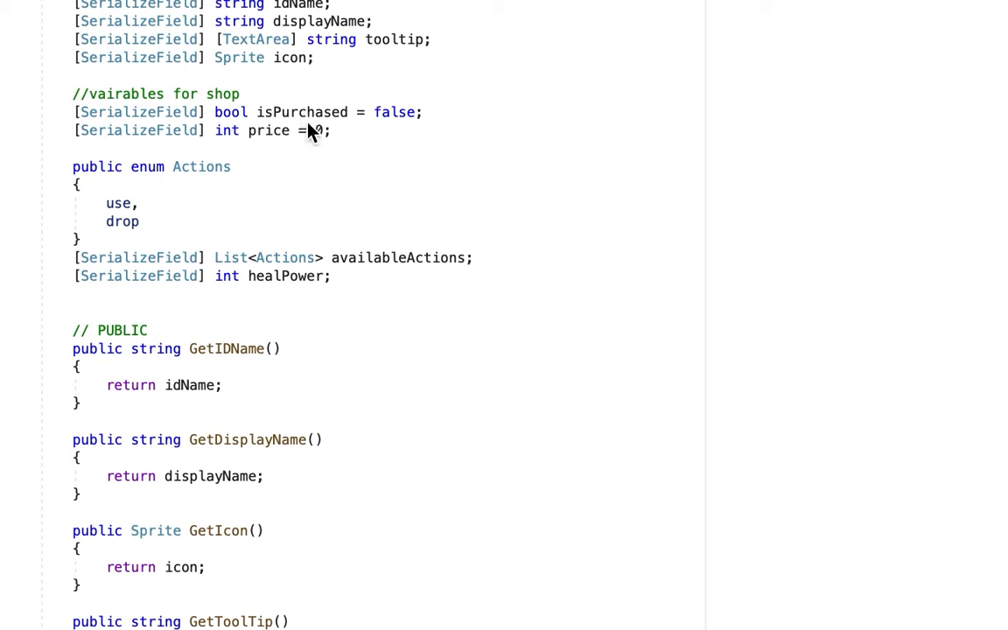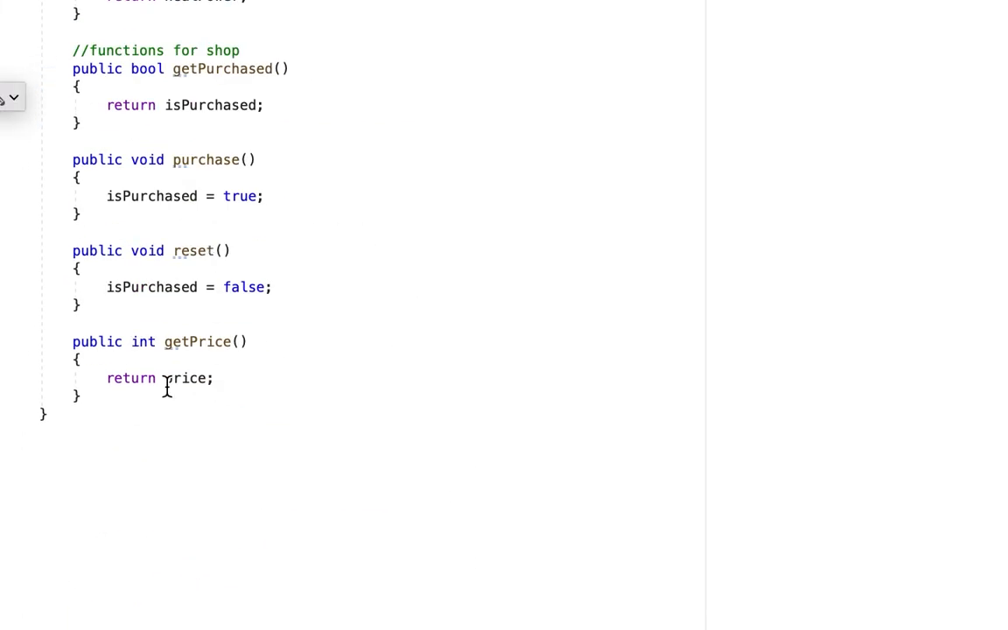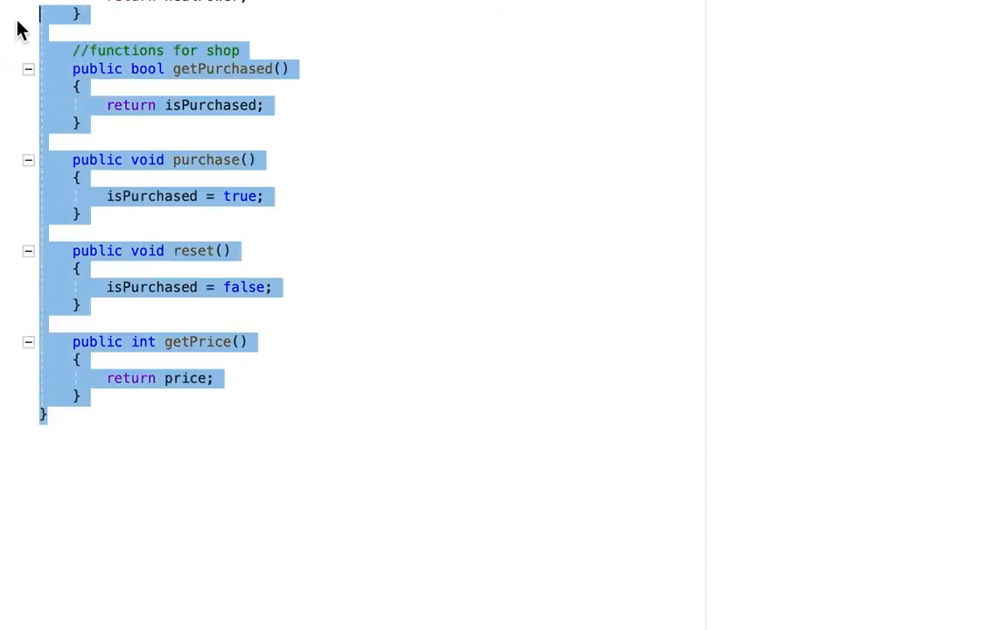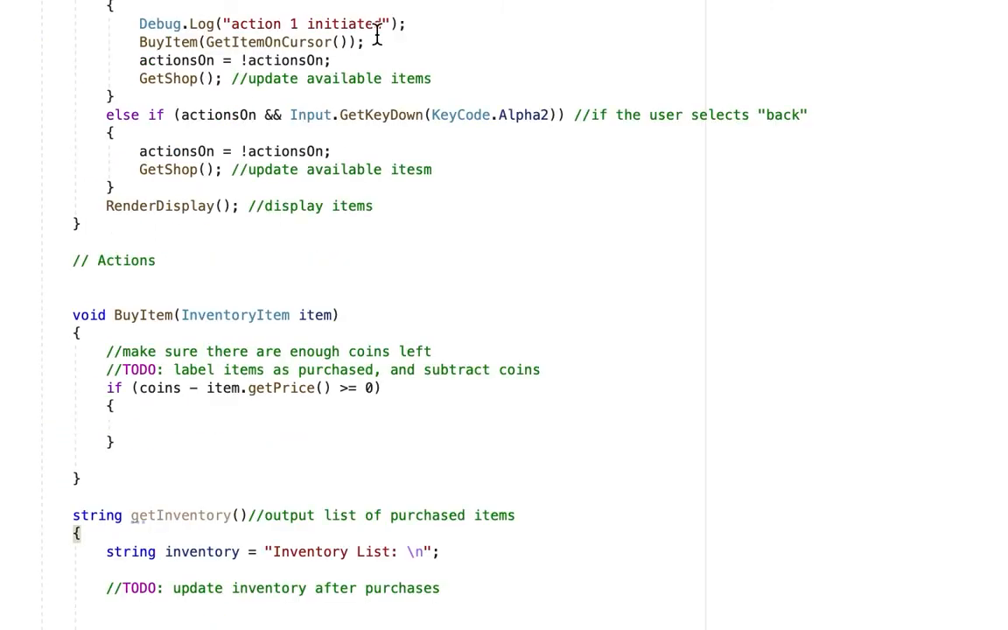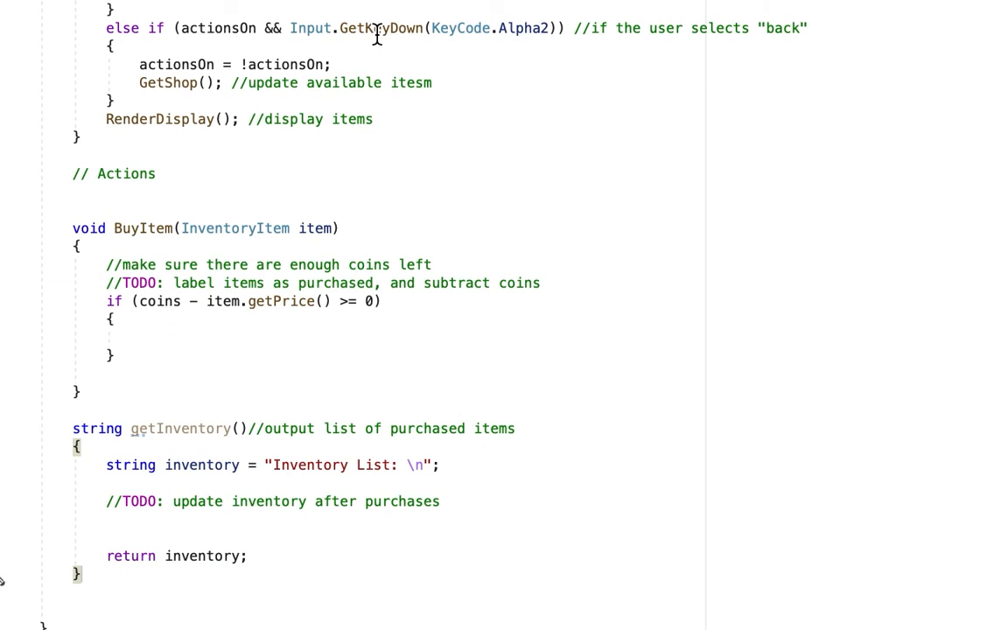So let's first look at the inventory item. We added these two variables, and we also added these functions, and they can be really helpful for the shop display script to get the information of the scriptable objects. So now let's look at the shop display